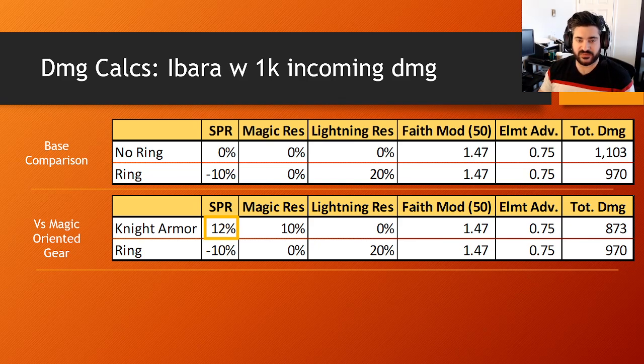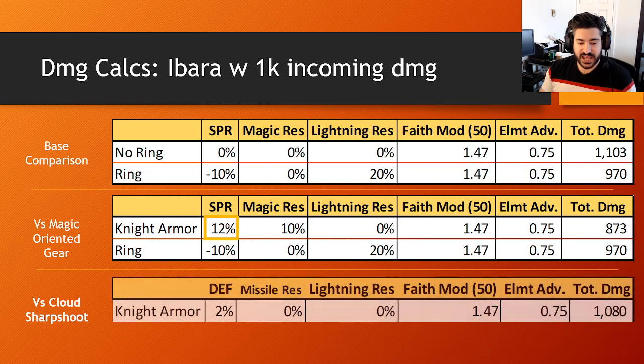Number one, Ibarra does have some slash type damage attack as well, so you will not get that 10% resistance. But the thing to keep in mind is we're only looking at incoming magic damage at the moment. We're going to use an example here where, say, Cloud is using Sharpshoot, a really popular ability that he uses. If you were wearing the Knight Armor against Cloud using Sharpshoot, well, it does have 5 defense, but remember, Cloud has defense penetration, so it's really like 2% defense. It doesn't have any missile resistance on the Knight Armor, so 0, and no lightning resistance. So the net effect is you will take 1080 damage from Cloud in the same battle,